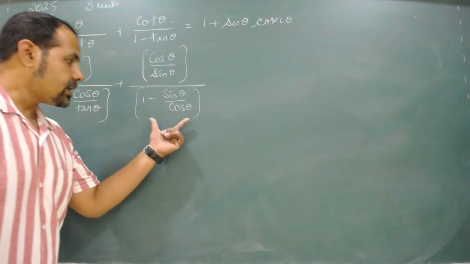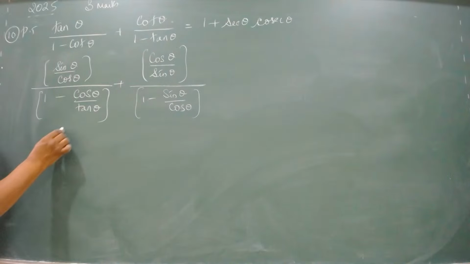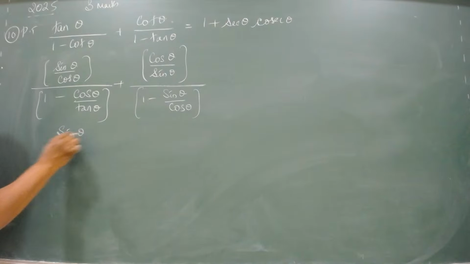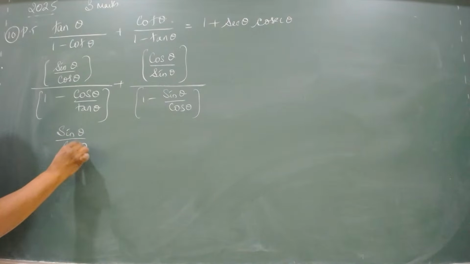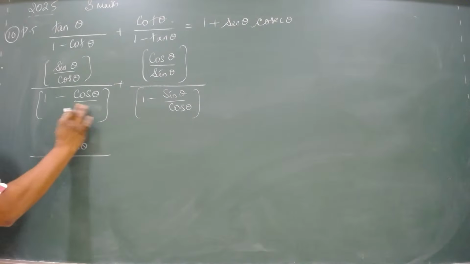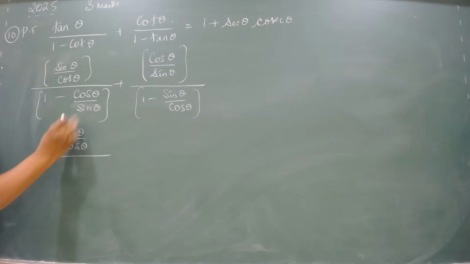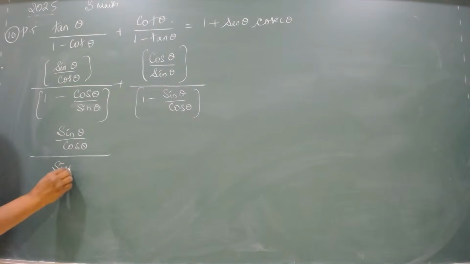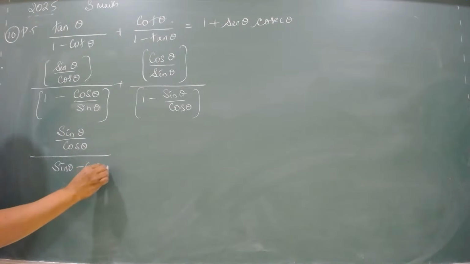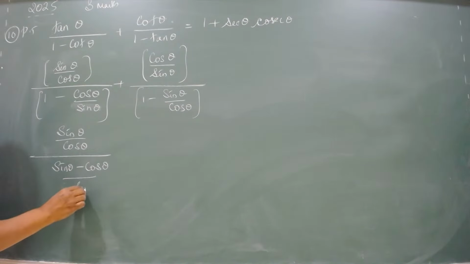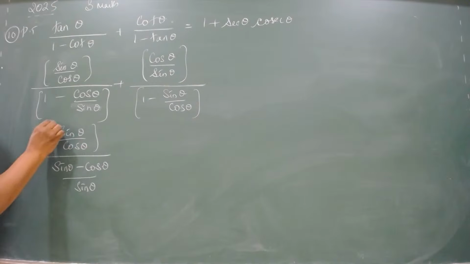Now, let us take the LCM for the denominator part. Sorry, this has to be sine theta. On taking LCM, we get sine theta minus cos theta by sine theta